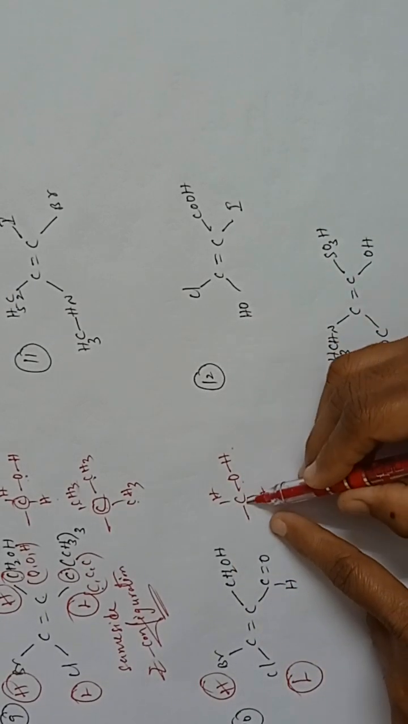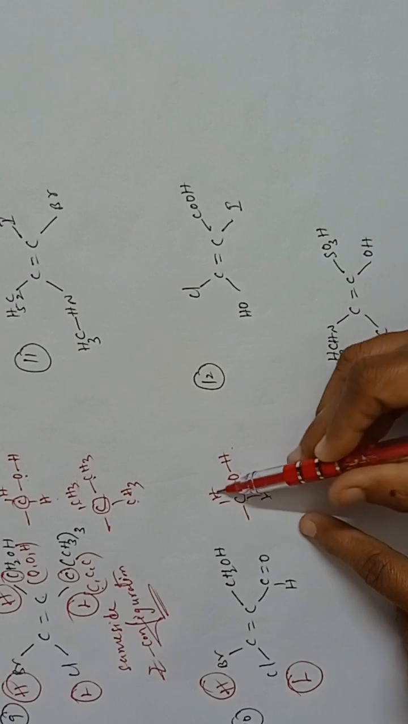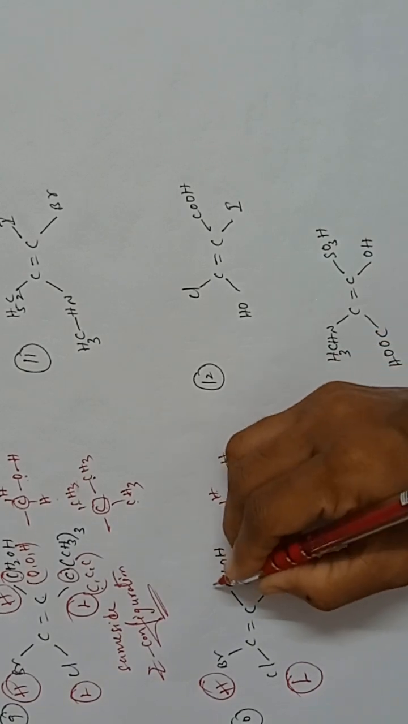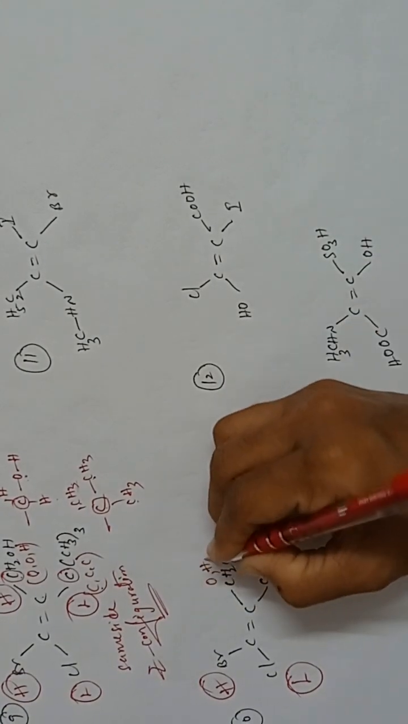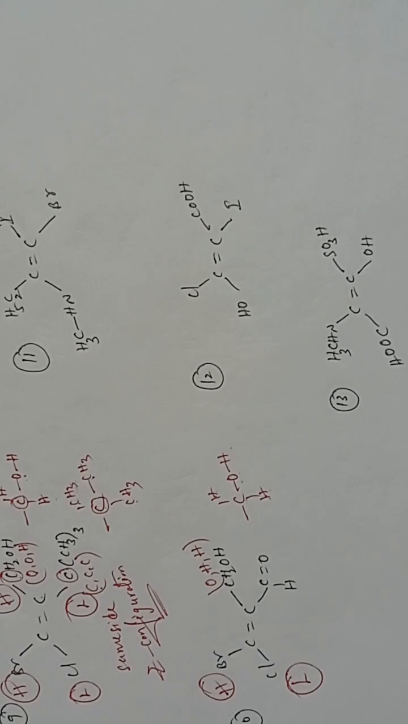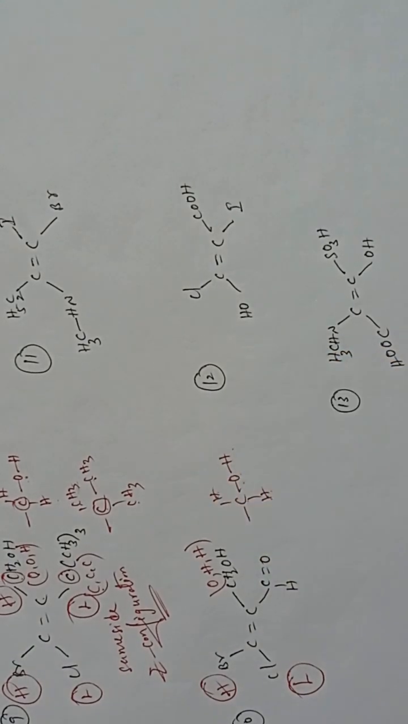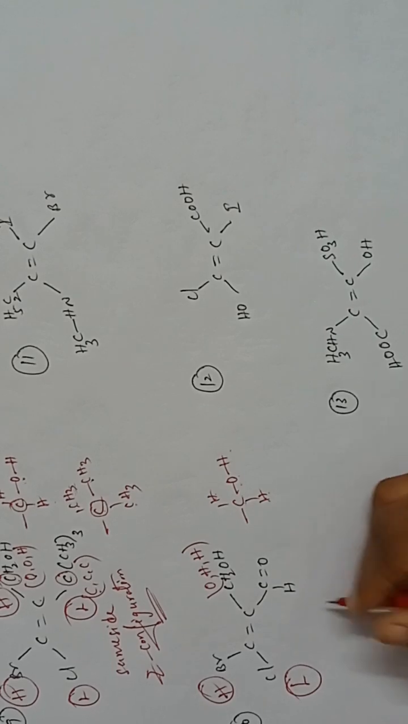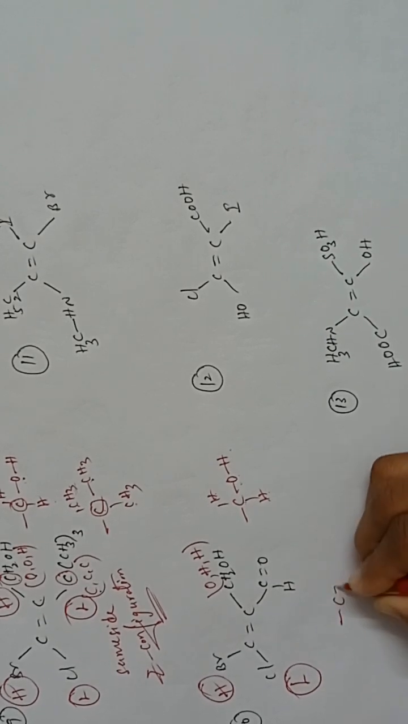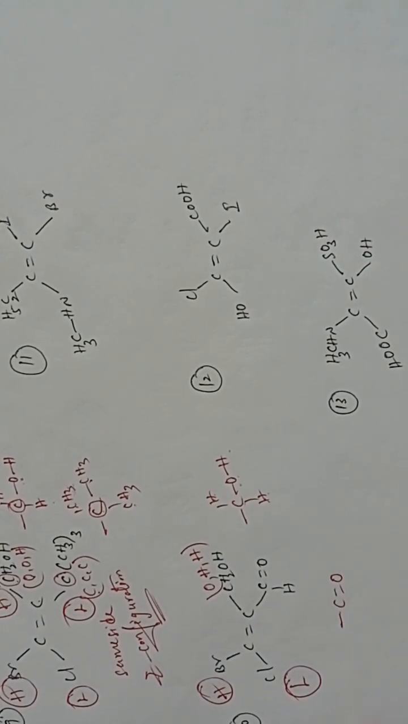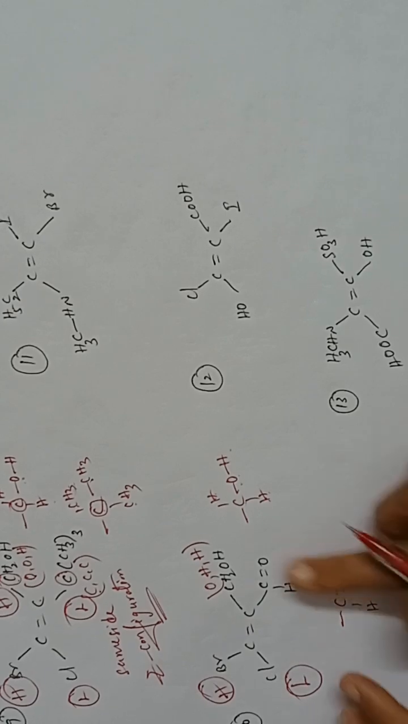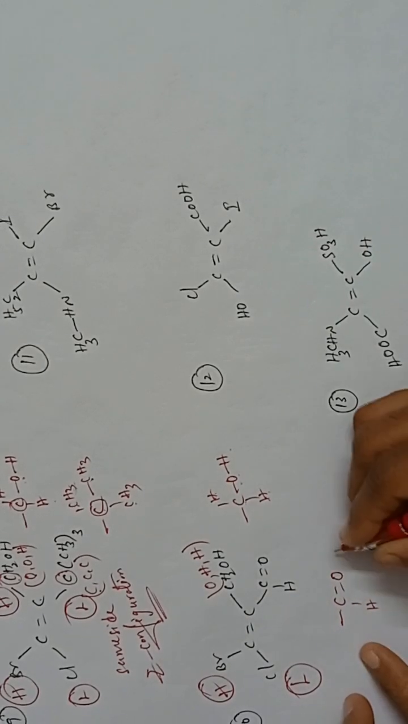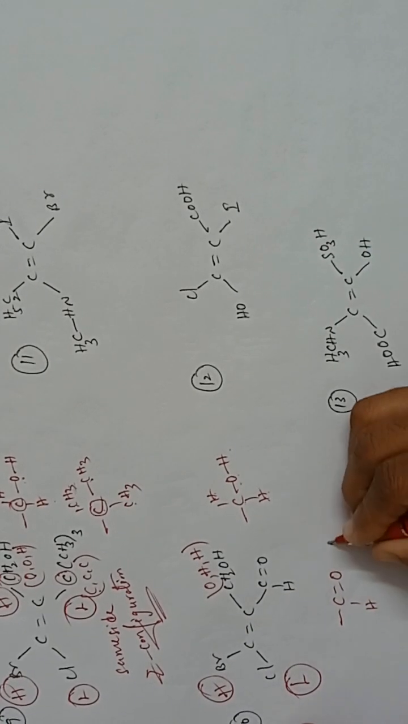CH2OH. That means to this carbon, which atoms are attached? Oxygen, hydrogen, hydrogen. So write that three atoms: oxygen, hydrogen, hydrogen. Clear? Now see this one, C double bond OH. You see students, CHO, C double bond O, C double bond OH. This group we can write as